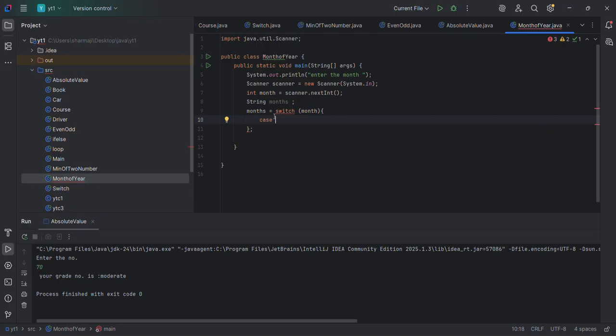case. In case of month is 1, equal to January, plus 2, February, 3, March,